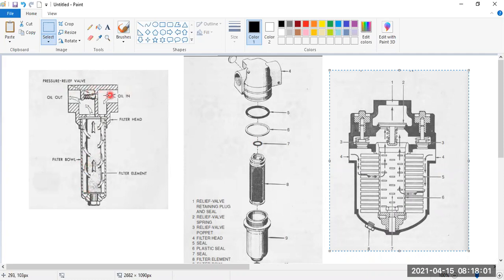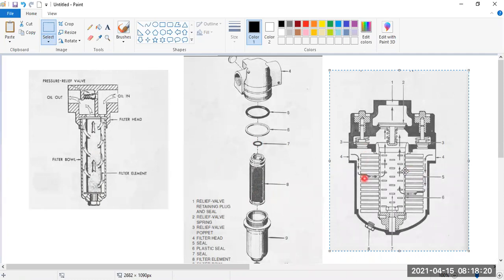So what will happen is this will get clogged. The high pressure will open this valve, and from here the supply will go. Second type is the screen type filter. Same thing. Instead of having the cartridge, we have got a screen over here, which has got a mesh-like structure through which the oil can pass.